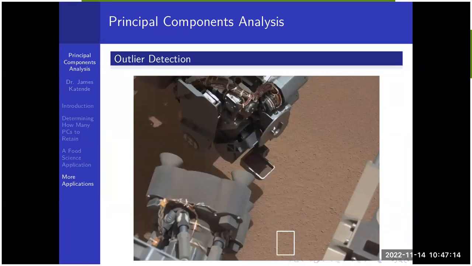So this last one is an outlier detection. This is an image from this NASA page. If you look in the picture, there is a small metal pin here, which may not be easy to see on your end, or with the naked eye. But after running some PCA,